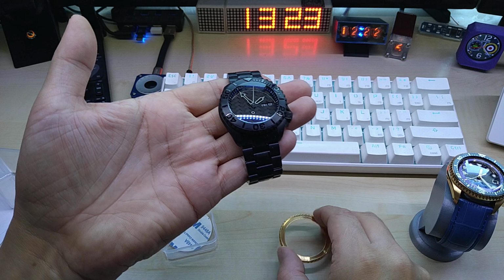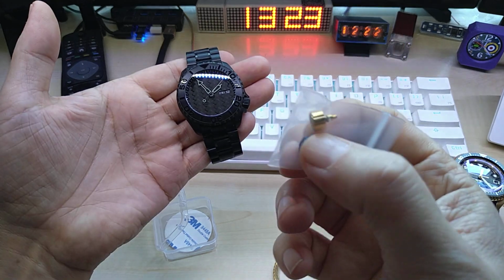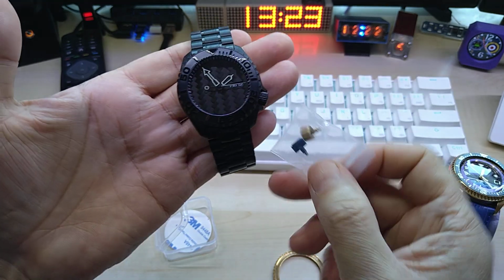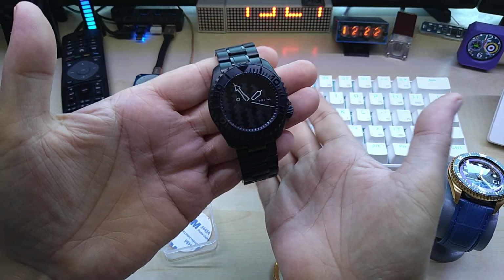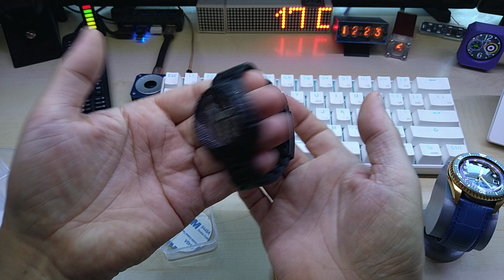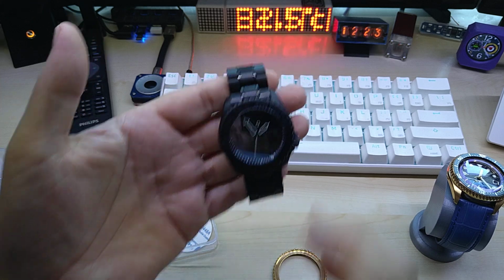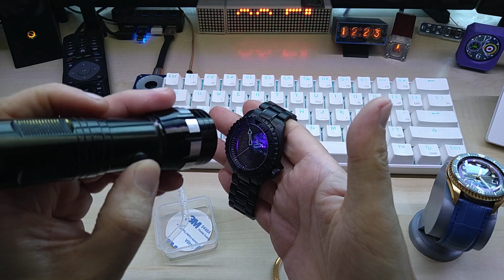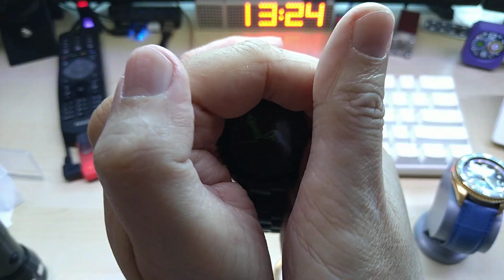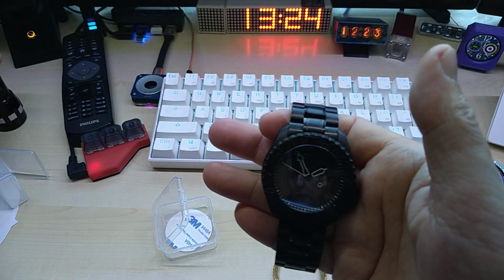My stealth watch, and add some bling to it with the gold bezel and the gold, I can't think of the name right now. So that would make this pop, but of course it would defeat the blacked out theme I have on here with only the hands illuminated. Where's my thing? Yeah. So yeah, it's hard to take a video of it during the day when it's bright. So anyway,